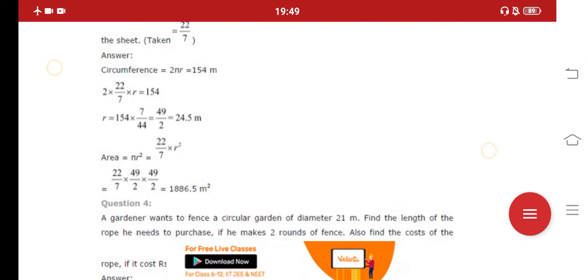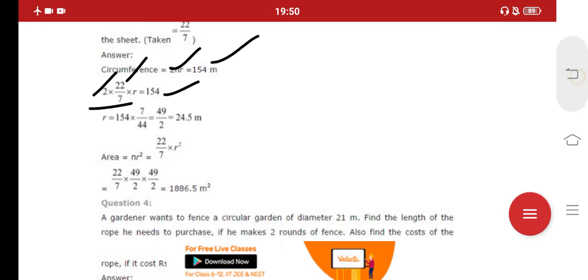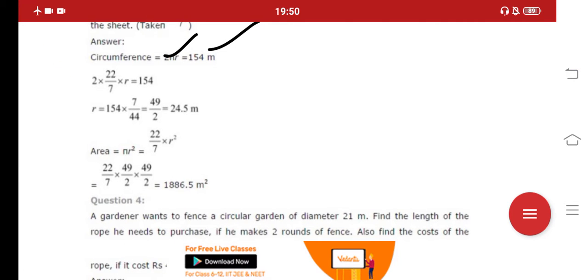Okay. So what is the formula for circumference? That is 2 pi r, which is already given as 154. So we can compare 2 pi r with 154 because both are the same. So here r is an unknown quantity. We will write r as it is, and in place of circumference it is given 154. After transposing all the constant values to the right hand side, we are left with only r. So what is the value of r at last?